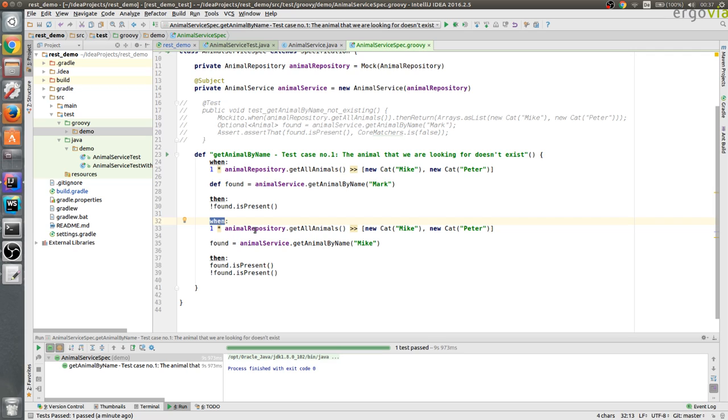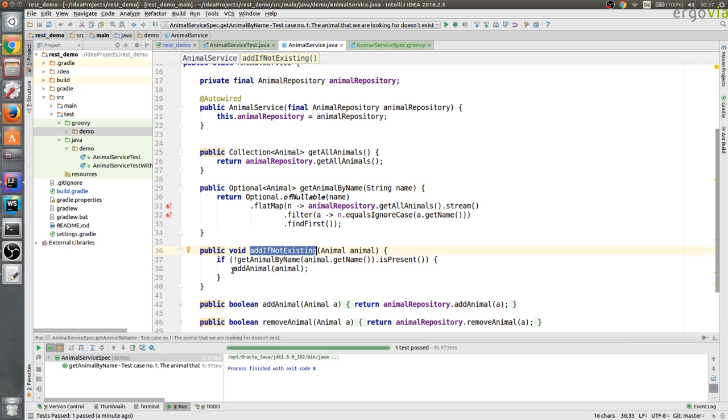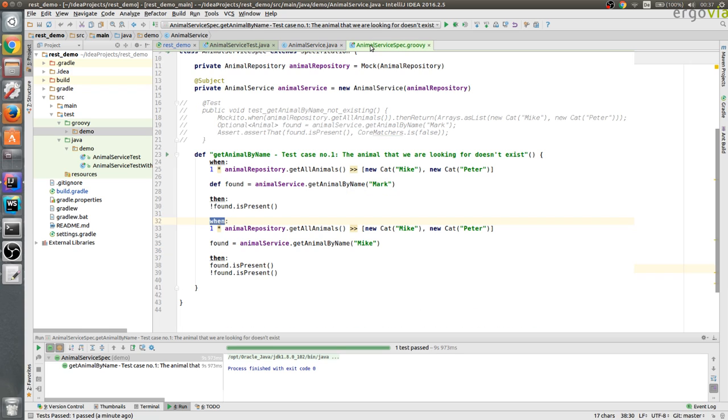If we think of the animal service, and we look into this method here, could be the case that we actually want to verify that the add animal method is called somehow, and let's just write this test. So we just remove this here and duplicate our test case and write a test for